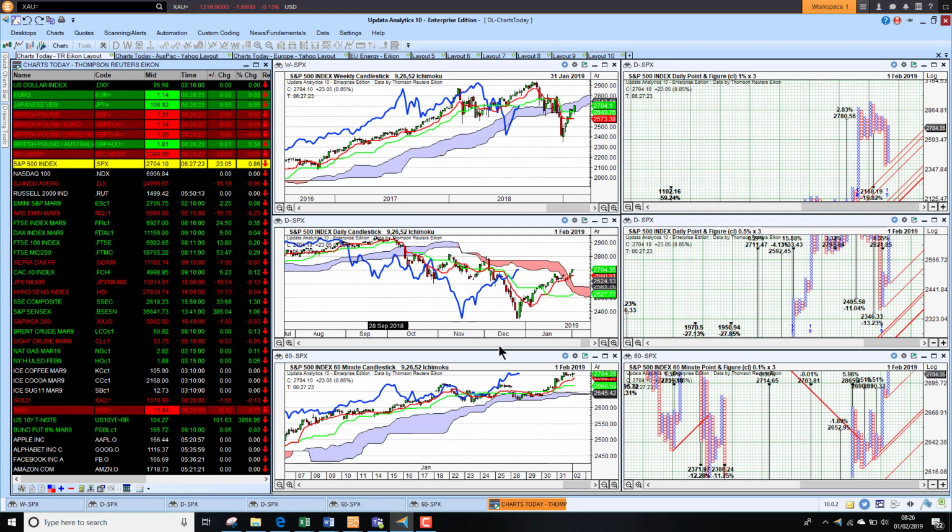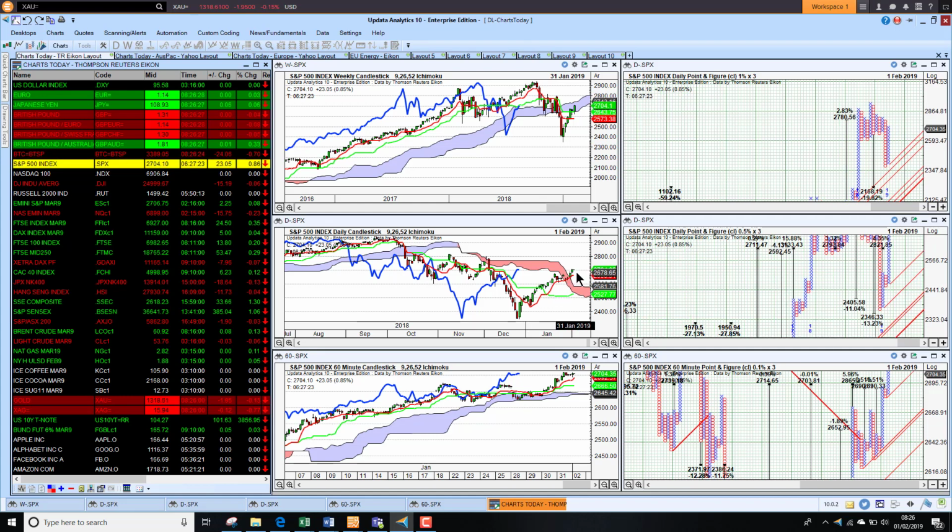The US stock market looking better. We're seeing the S&P 500 index just starting to wander out of the cloud on the price. So we are seeing more and more signs of recovery, holding on to that short-term trend we've seen right throughout January. So the market's actually putting in a very strong effort here. We see several weeks in a row where we've just gone up the hill, so that's looking pretty good.